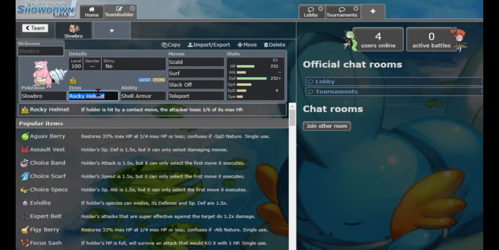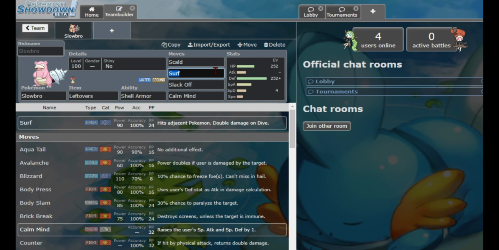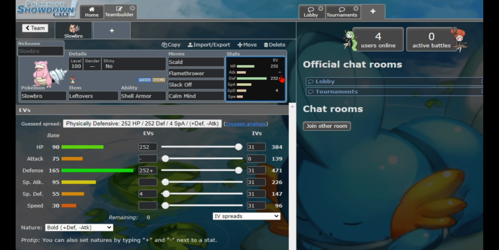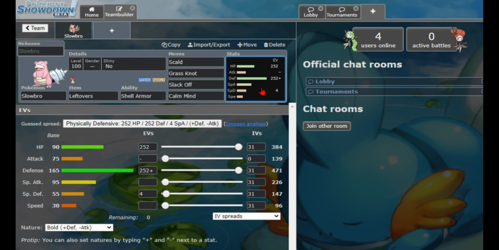Another set I really like to run, or that I've ran, was hold on, what were my moves? I think Scald and wasn't flame. I think it was Flamethrower, something like that. No, it wasn't Flamethrower, it was Grass Knot, yeah. So I can beat Silvally Water, which is Water Absorb. But yeah,